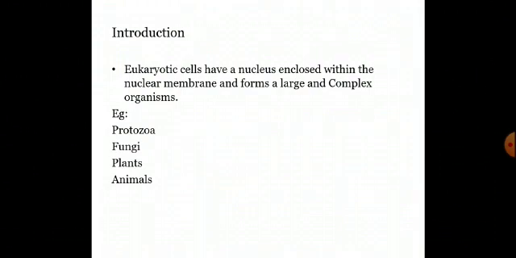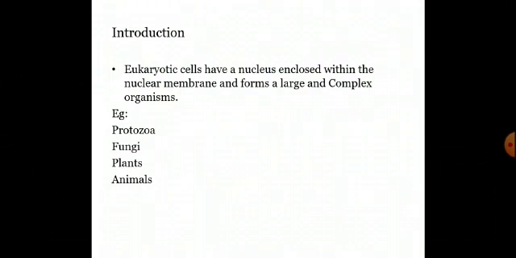Eukaryotic cells have a nucleus enclosed within the nuclear membrane and form large and complex organisms. Eukaryotic cells are well-developed, advanced cells when compared to prokaryotes. Examples of eukaryotic cells are protozoans, fungi, plants, and animals. First,